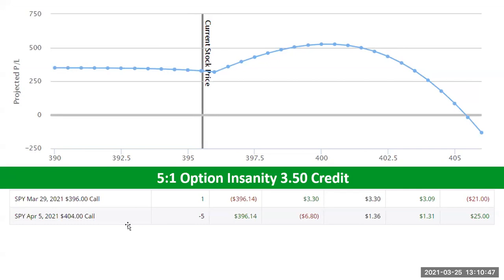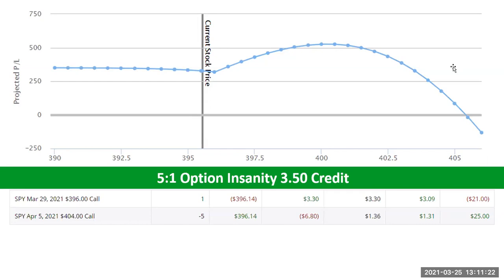And so one of the reasons that I'm able to go out in time is because I know that I'm pushing the break even way to the upside, which means that the market has to go way to the upside. And I already know, if it's 2 weeks, 3 weeks, 4 weeks down the road, if the market's way up here, volatility is going to be coming out of those options. So I don't have to worry about what volatility is today if I can go way out of the money, because if the market does move up to that point, I know then the volatility will have come back down.